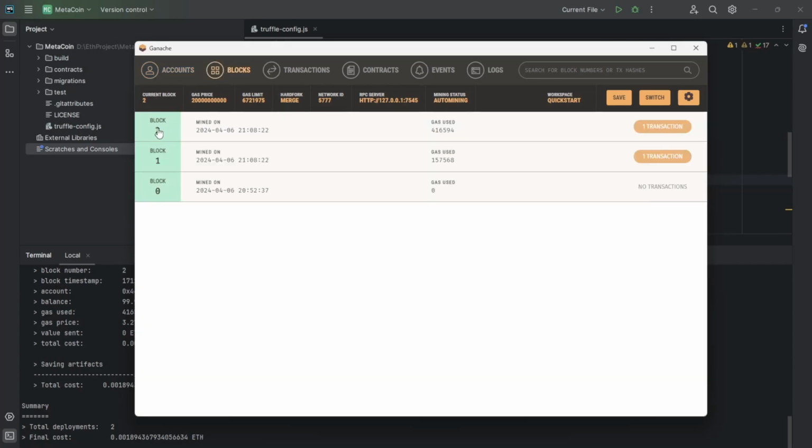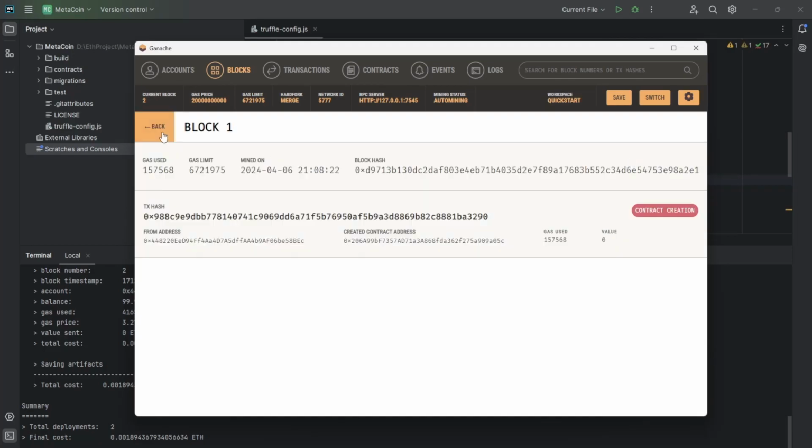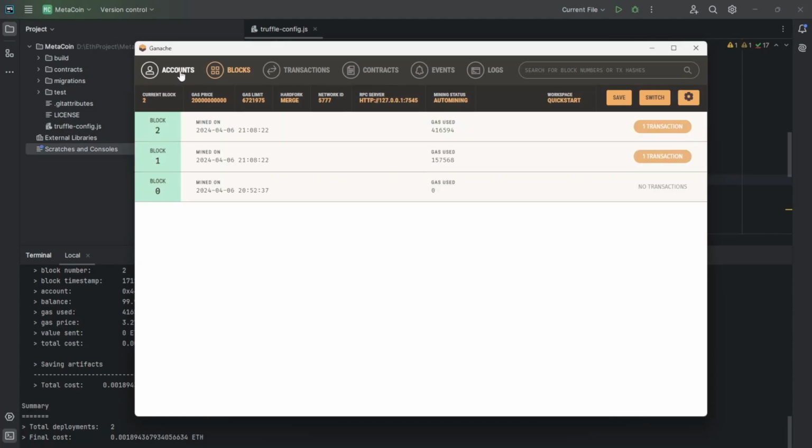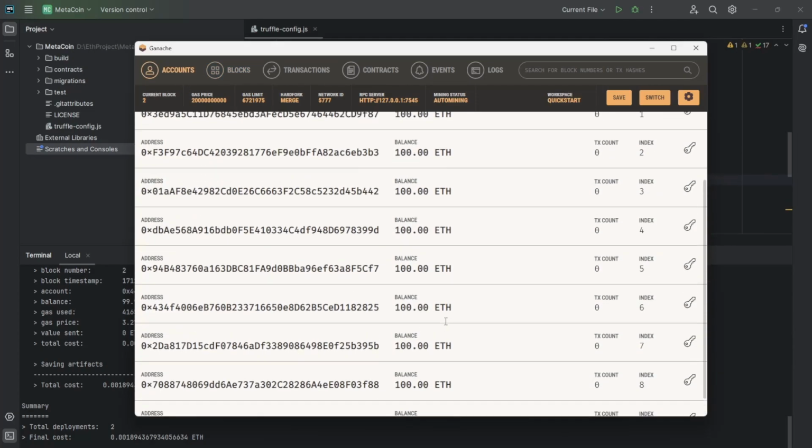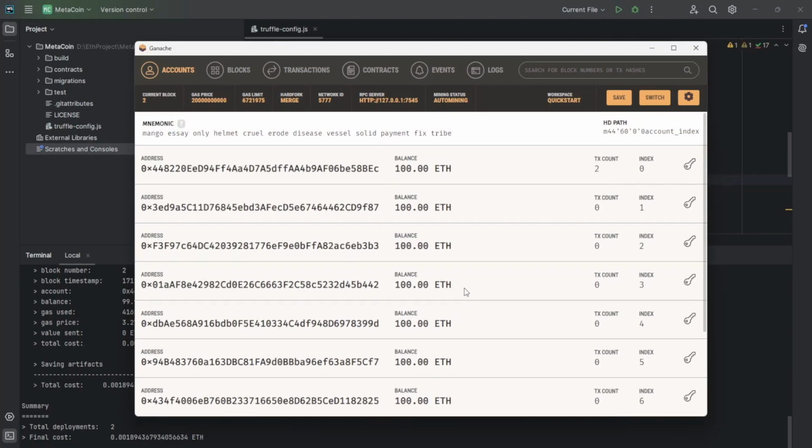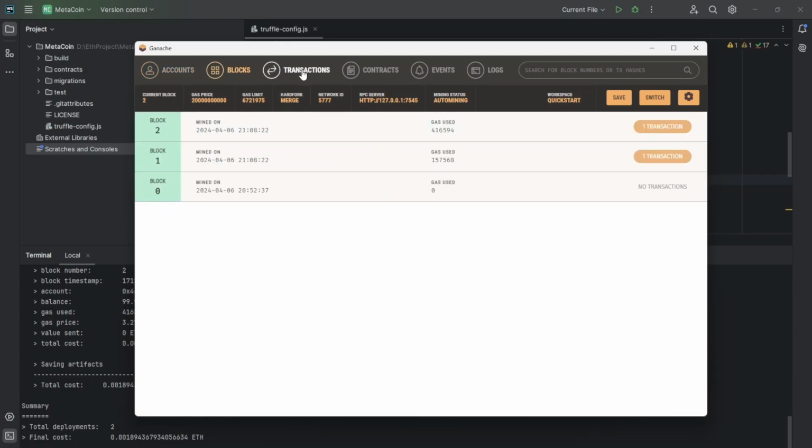So let's see if it has any change in Ganache. So the first block, second block, that means something right here has created